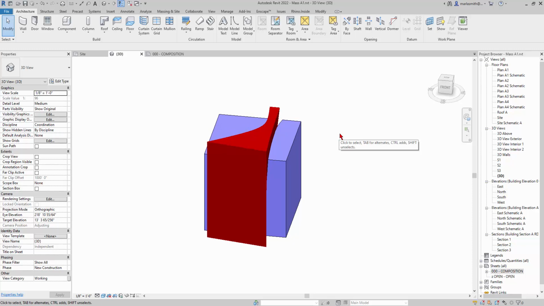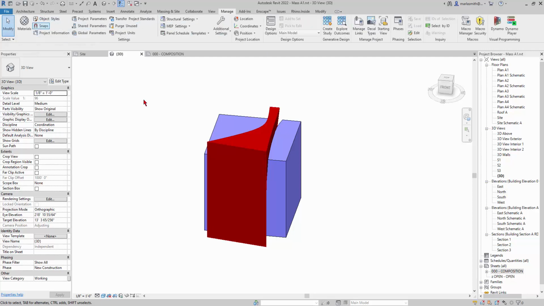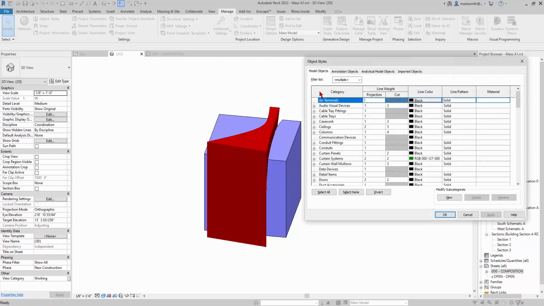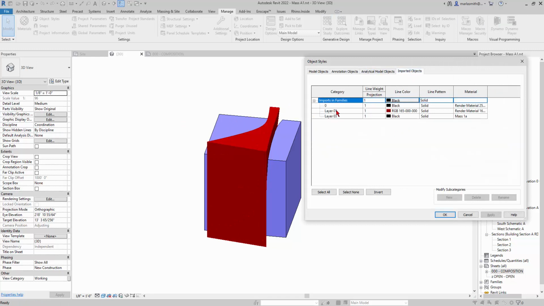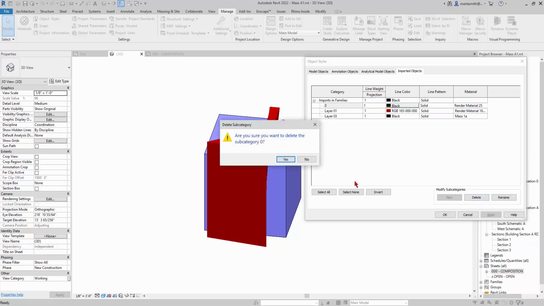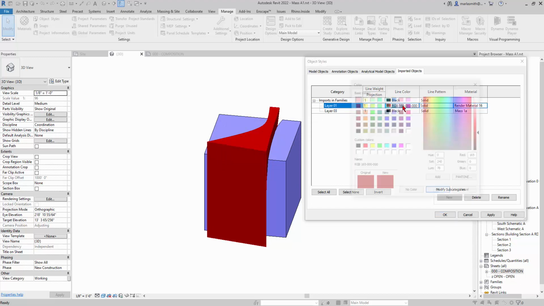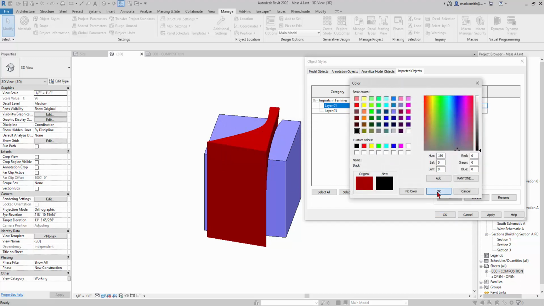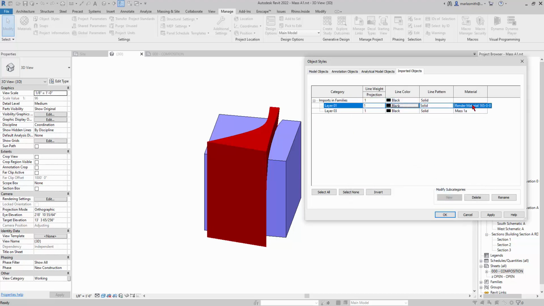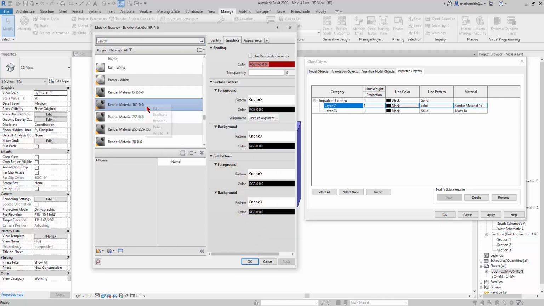So let's go ahead and go to the material. I'll go to my Object Styles, which again is under Manage and Object Styles, or I use the shortcut OO, and go to the imported objects, and you've got your layer 1 here now. And so I'm just going to delete this layer 0. I don't know why it bothers me, but it does. And so I'm going to come to this RGB here and change that to black, just to get the line color black. And then I'm going to come to the render material here and update the name,